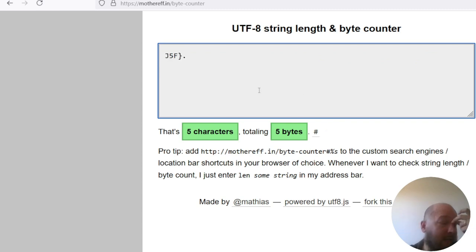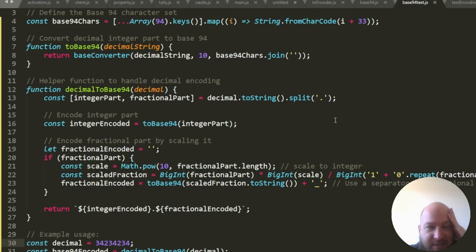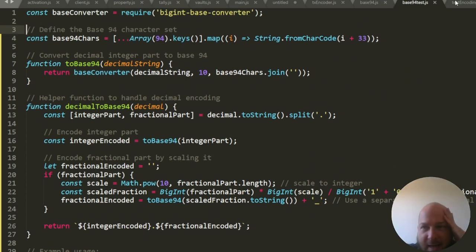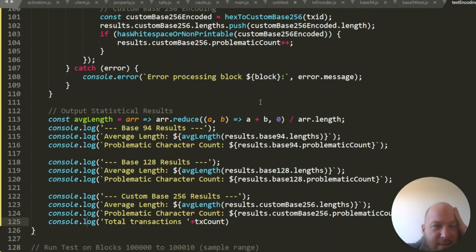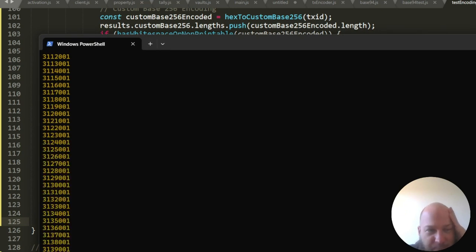So then I tried doing them in base 94, which is the largest base size that you can encode in that uses the ASCII character set that we've been using since like the 1980s. And that was getting me about 40 bytes. So if I put in two, I'm already using up all my space. Technically, I'm going over by a few bytes. So then I thought, okay, I need to try some different bases. And I tried base 128, base 256, and I got some interesting results.